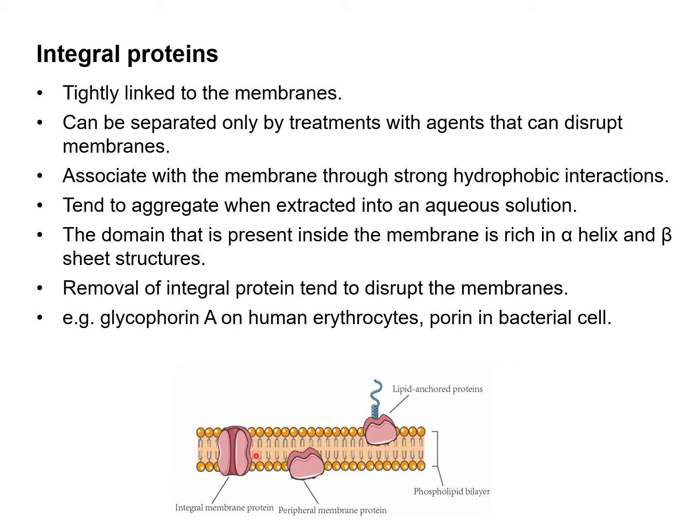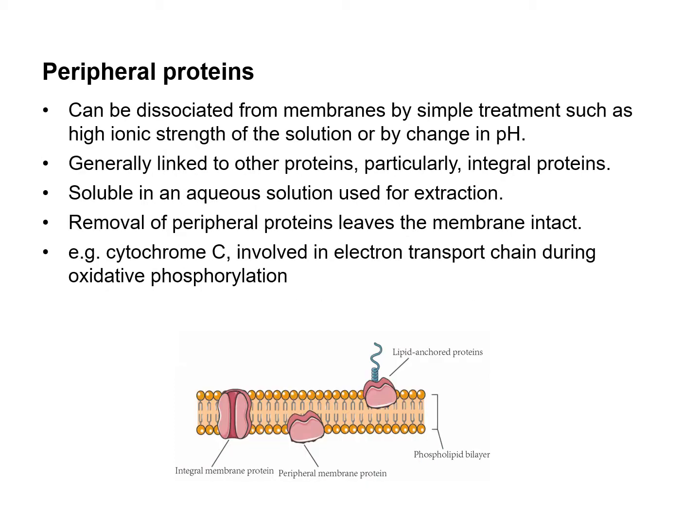And quite many of them actually have this kind of pore or channel-like structure, which will have a critical role in exchanging some substances inside and outside of the organelle or the cell that is encapsulated by the membrane. Another type of membrane proteins is peripheral proteins, which can be dissociated from membranes by simple